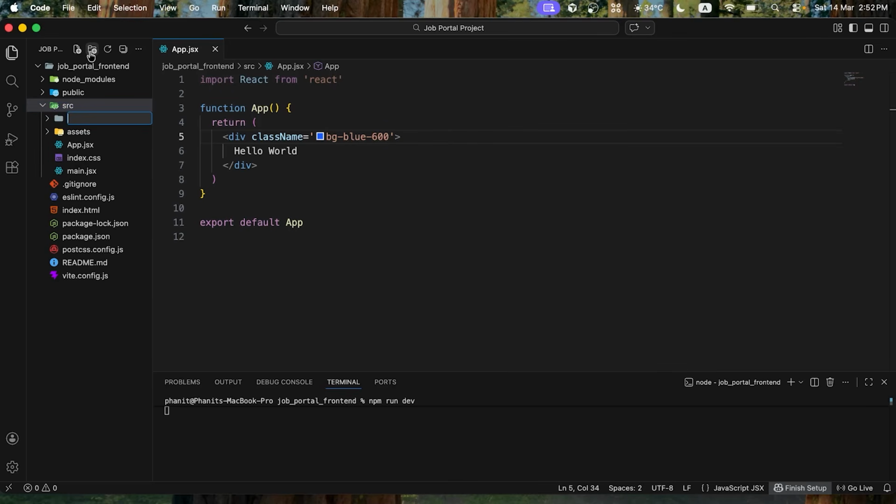So I'm gonna create an API folder, and then I'm gonna create another folder that is pages, and another folder that I'm gonna create is components right here, and under src I'm gonna create another named context. Okay, all right. So inside pages I'm gonna create a file named Homepage